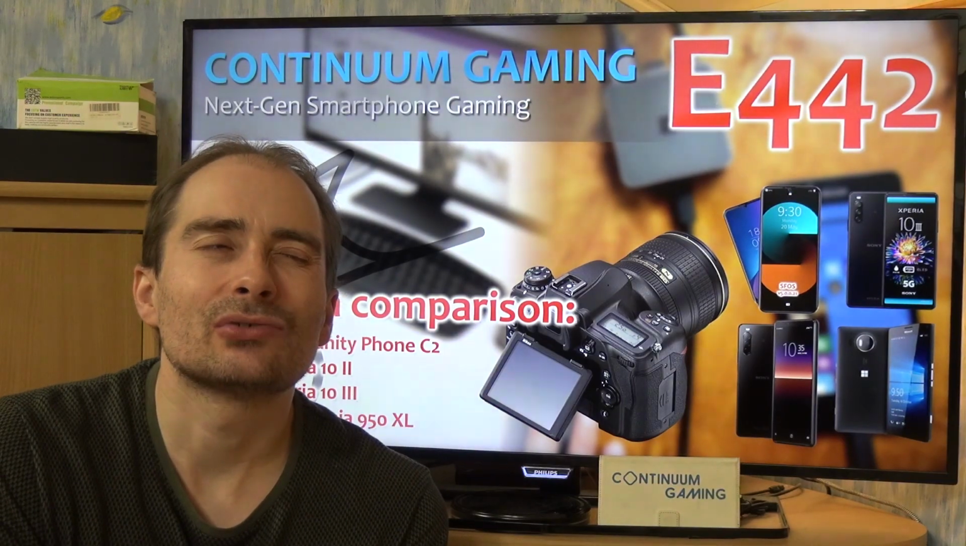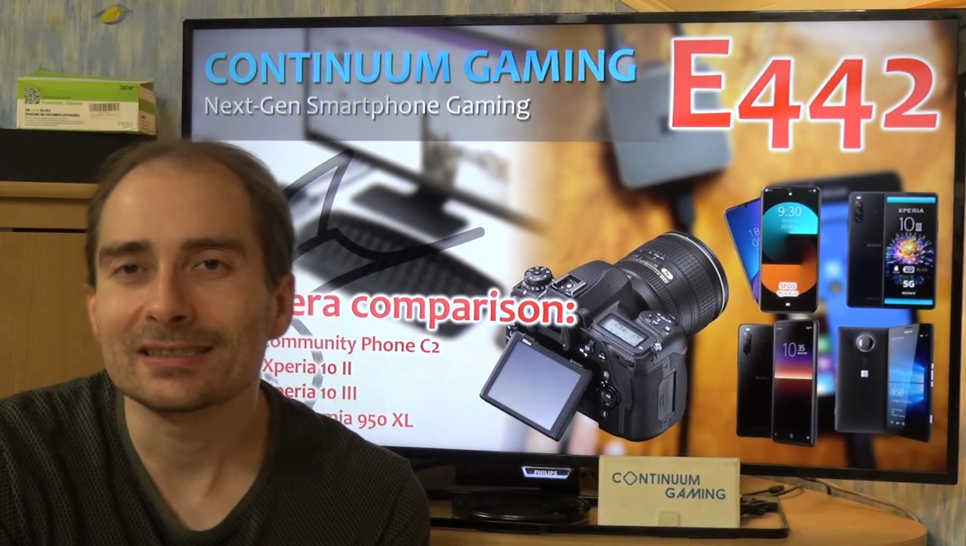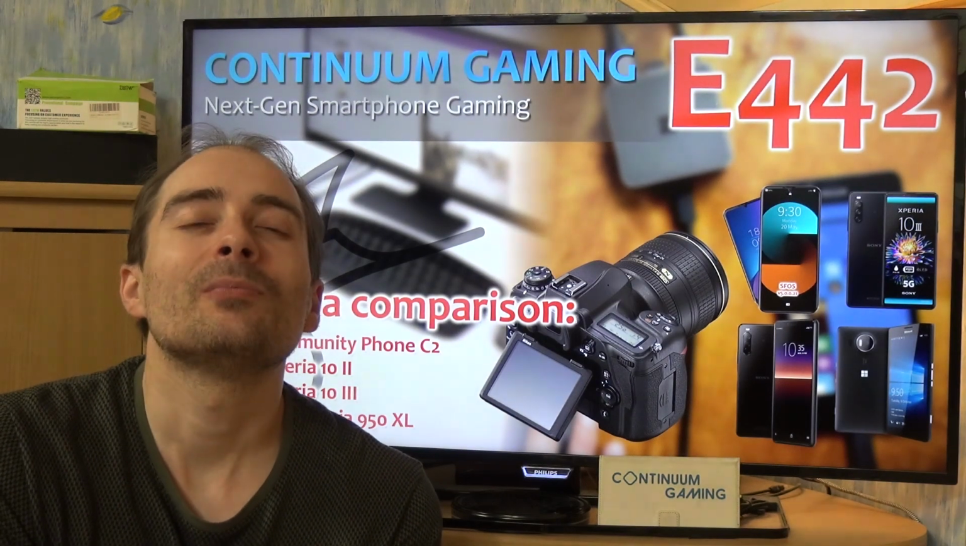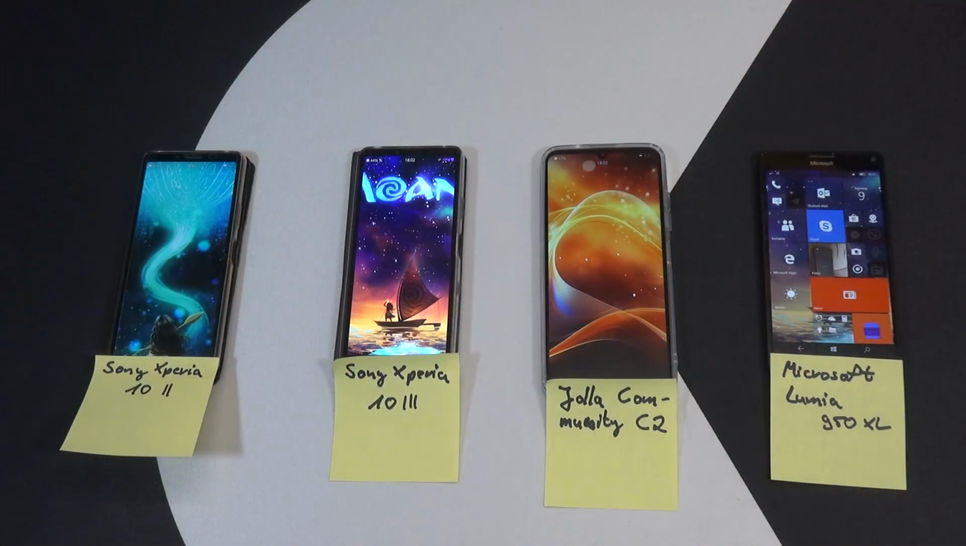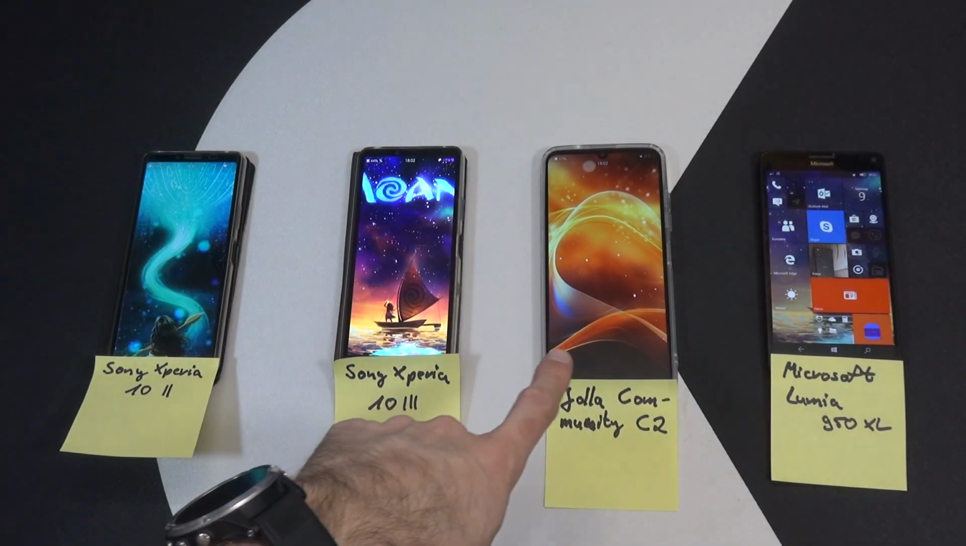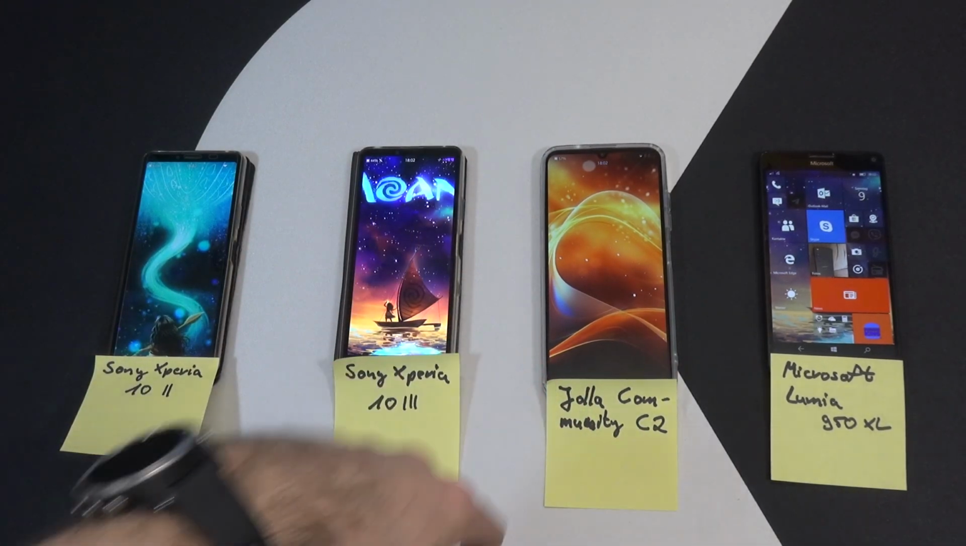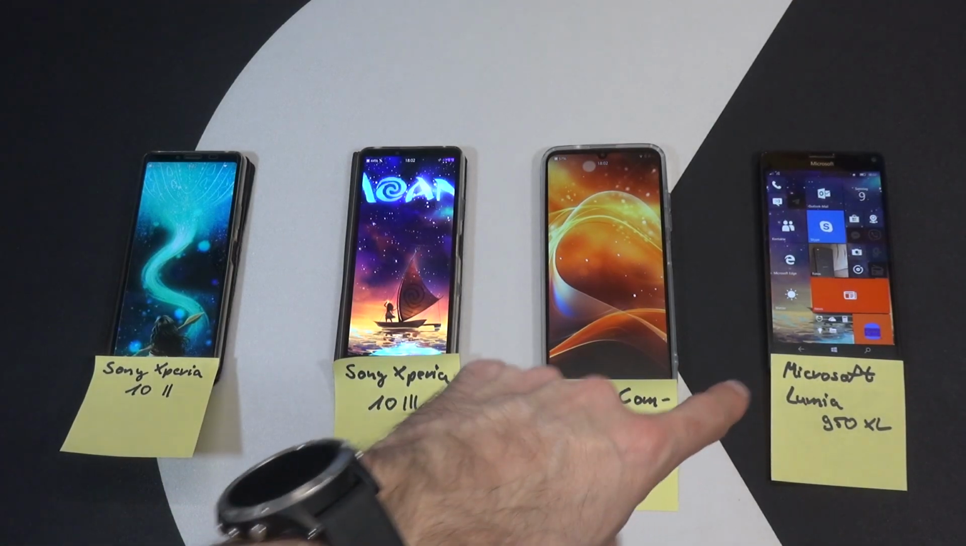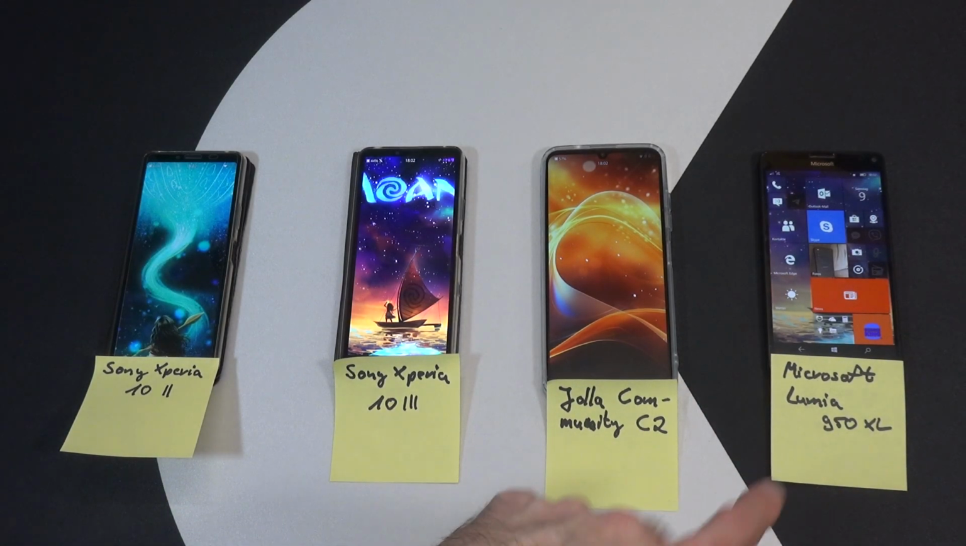And yeah, just to let you know, I am not a photographer, I am nothing professional in that direction, so please bear with me. Yeah, and here you can see them. We have four different smartphones. We have the Sony Xperia 10 Mark II, the Sony Xperia 10 Mark III, and the Jolla community phone C2, which in this case are all running Sailfish OS with 5.0 and 4.6 respectively. And we have the Windows 10 mobile smartphone, the Lumia 950XL, which is meant to be one of the better smartphones for cameras and stuff like that,